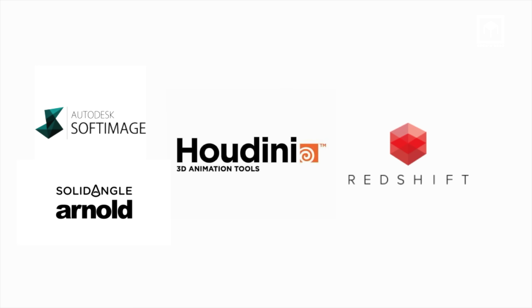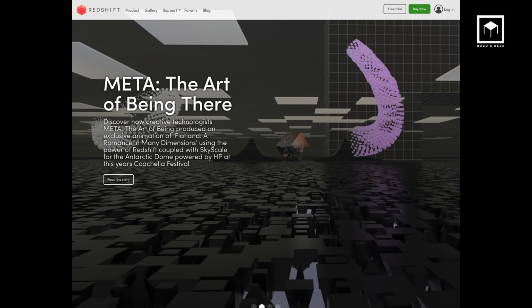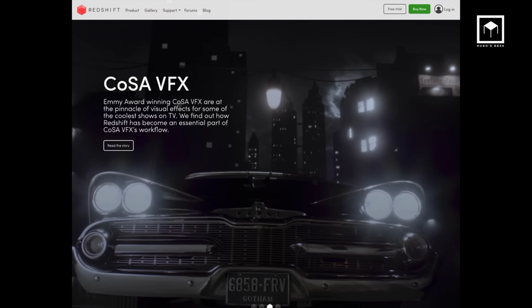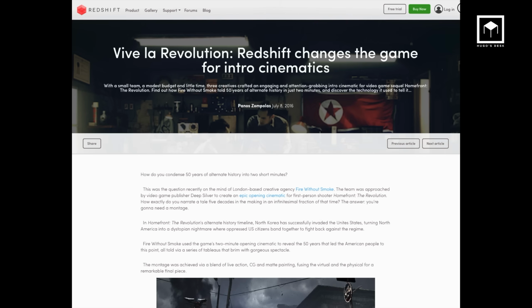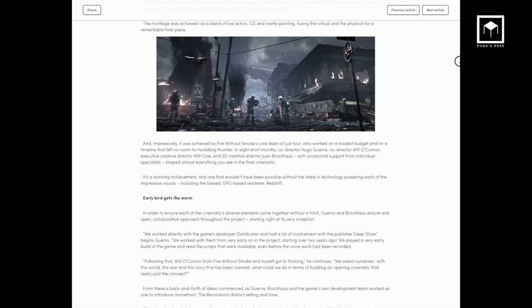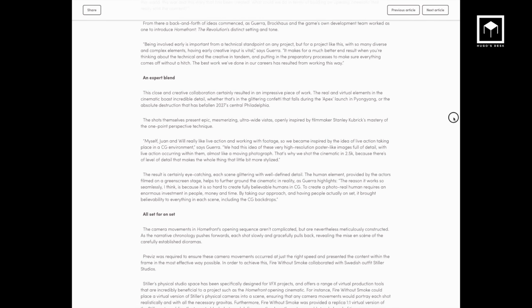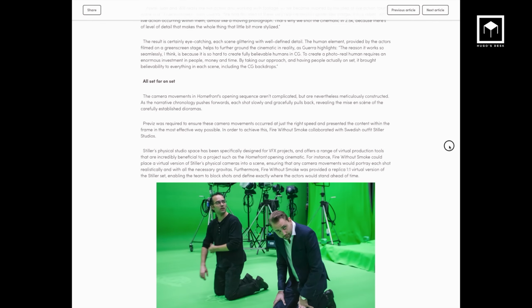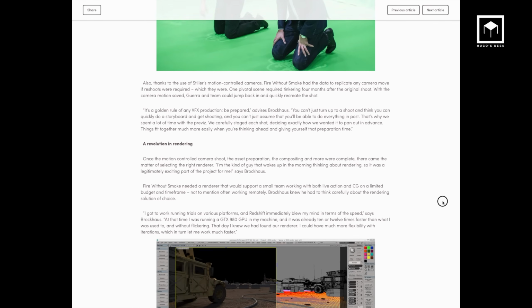which is GPU accelerated. So if you guys don't know, you should really check out Redshift's website. We had the pleasure that this project, Homefront The Revolution, was actually featured on their showcase, which was great. Redshift has a really good rendering engine that works on multiple 3D applications, so you really should check it out. Very similar to Octane, but we just find that Redshift is giving us a bit better results these days, so